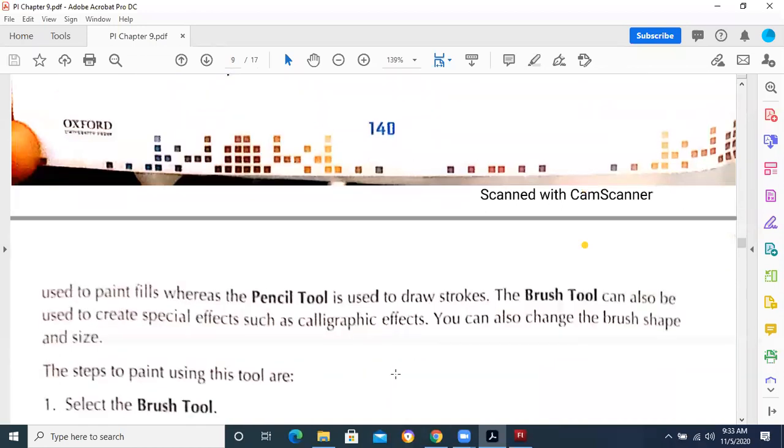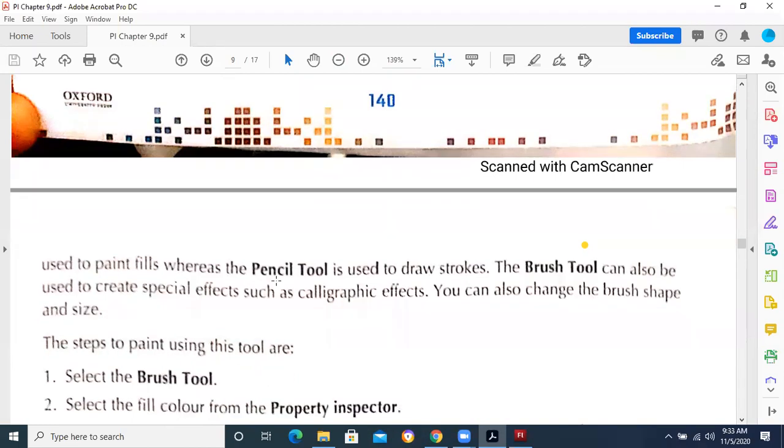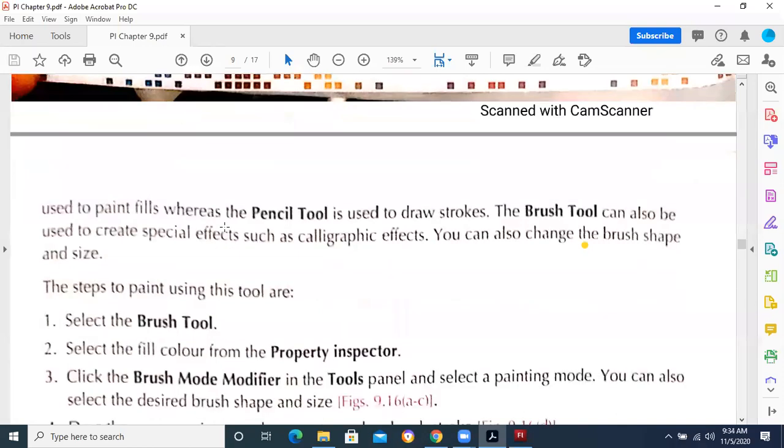Using pencil tool, you can only draw the outline with different thicknesses. But using brush tool, you can draw the complete object, whatever you will paint. It is basically a painting brush tool, so you can do it accordingly. But what will be the problem in the pencil tool? All the lines will be separate that we are drawing, and then you will have to merge them. Basically, you are drawing only stroke, only outline in the pencil tool.